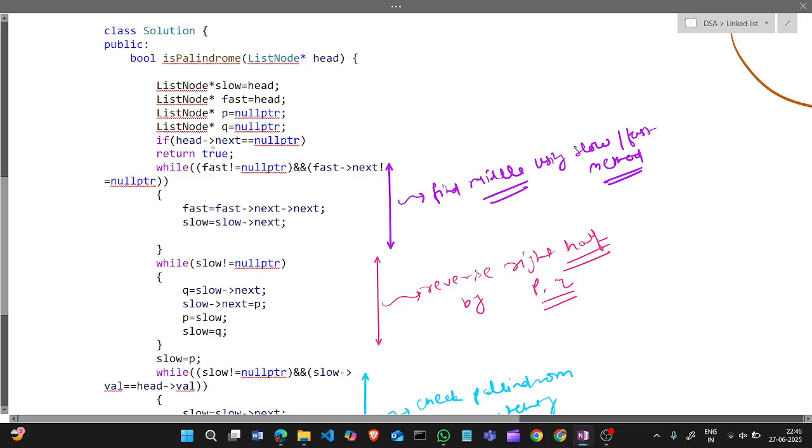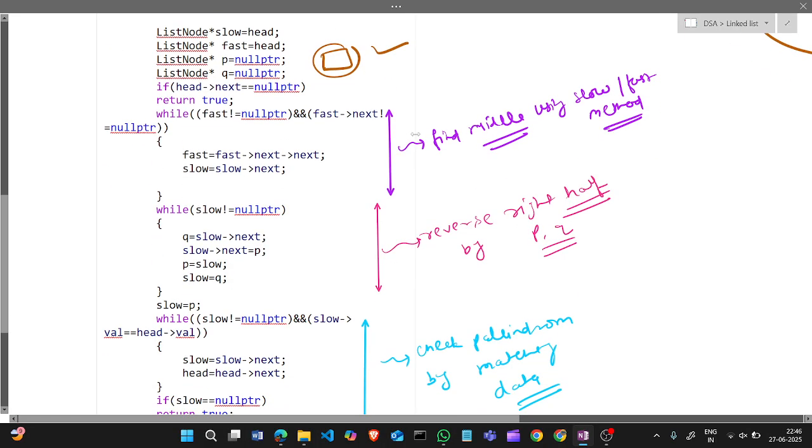If head next is null, meaning there is only one node, then it is automatically a palindrome, so return true. If this is not the case, then we will make a while loop, while fast is not null and fast next is not null. In this method we first find the middle element.